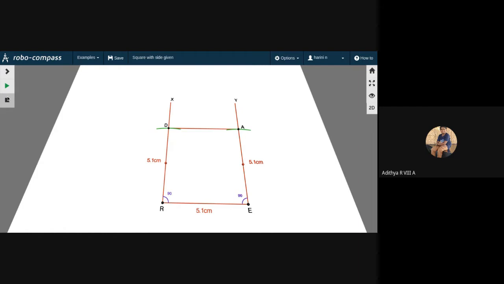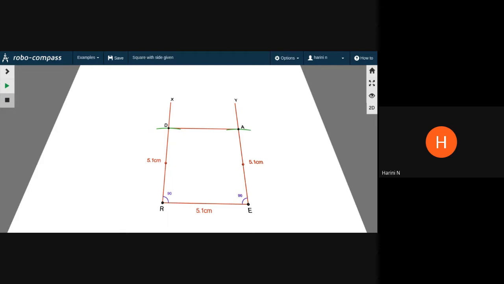Yes, ma'am. My all four sides are 5.1 centimeters. Good. You can check too. You can measure and check, because all the other three sides you have drawn. BA is the only side you have not drawn according to the length given. If you have taken your angles and your measurement of 5.1 centimeters accurately, definitely your BA will become equal to 5.1 centimeters. So could you complete the square?